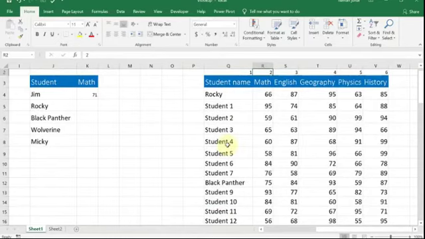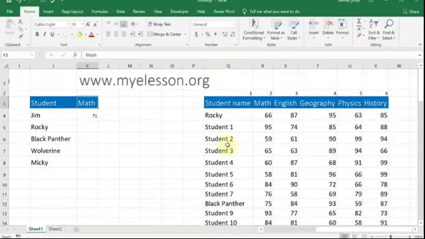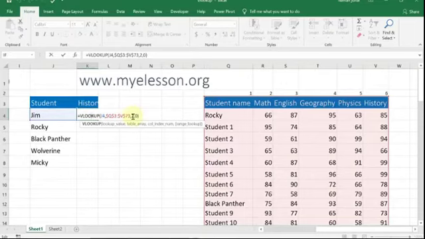Marks for math. Similarly, if I want to find the marks for, say, history. Now, what I'm going to do is, history is in which column? Column number 6. So, I'll go over here and instead of 2, I'll type in the column number as 6.